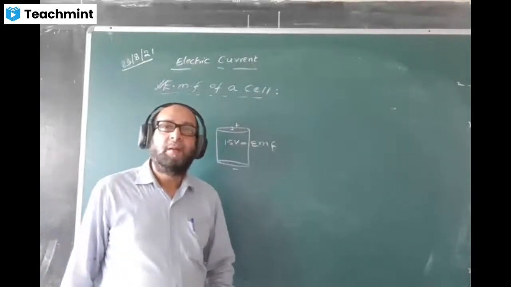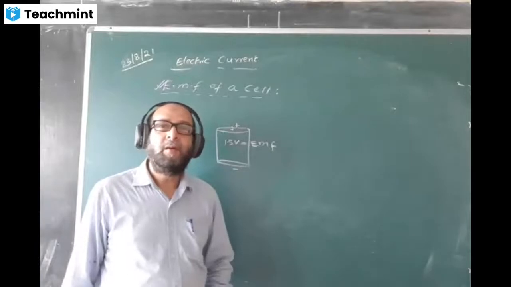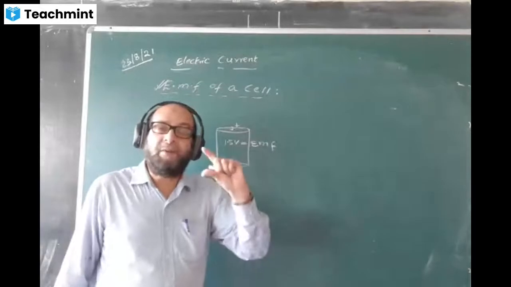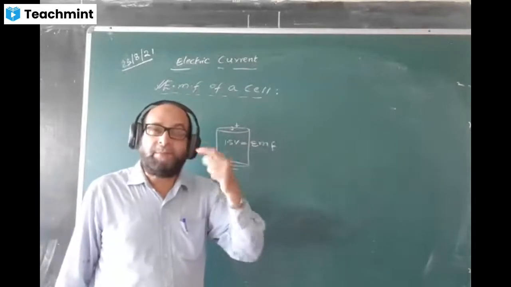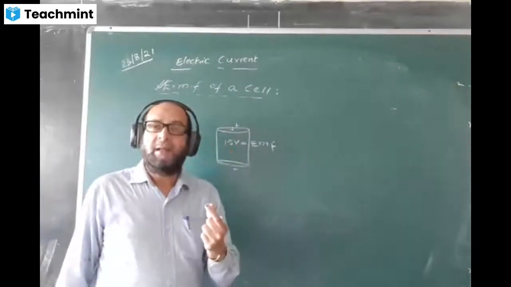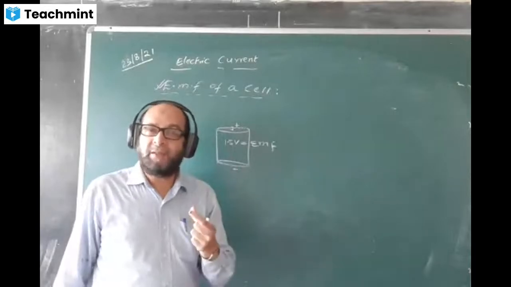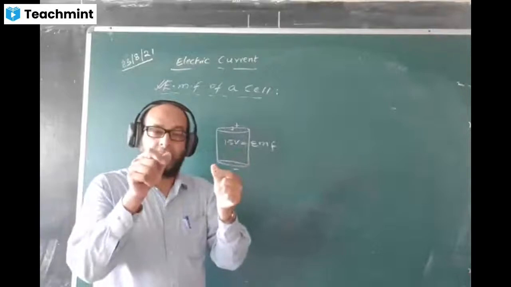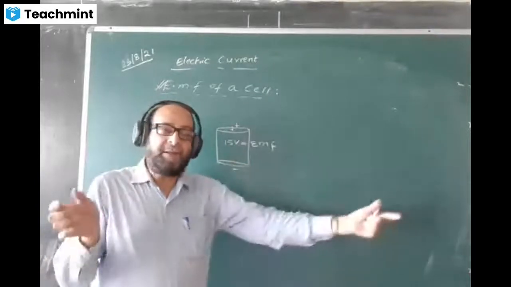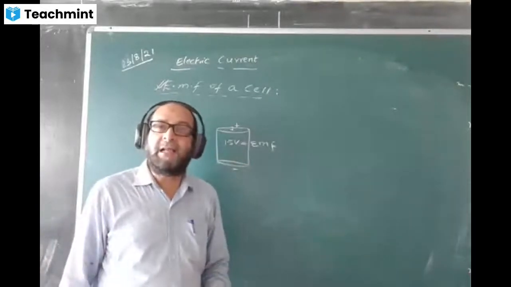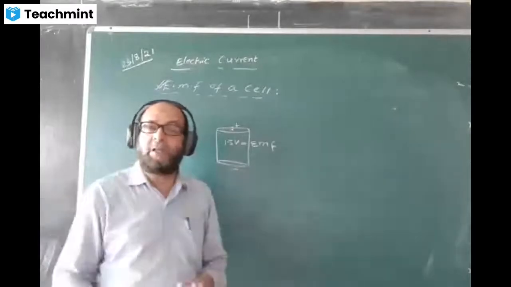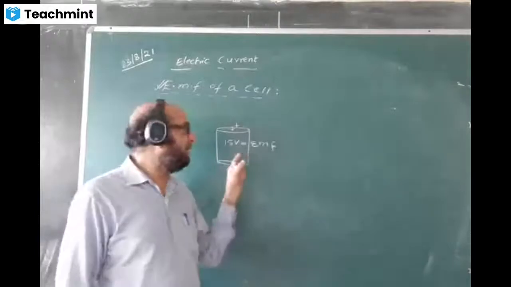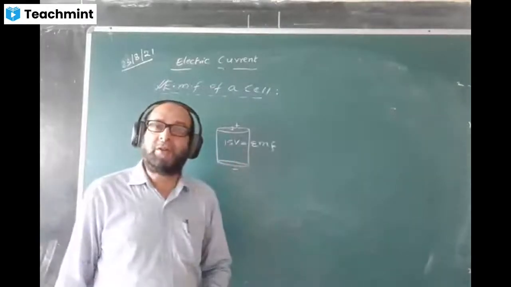Which chemical is used in these batteries? It depends upon what type of cell we are using. In some cells, we use sulfuric acid with the copper and lead plate. In a car battery, we say lead acid accumulator, lead and zinc plates are used there. It depends on the type. We are using dry cells, like Nippo and all, called dry cells.